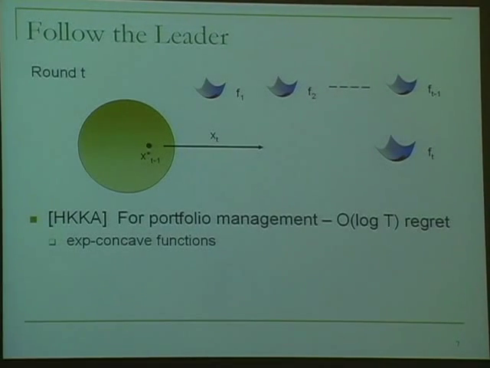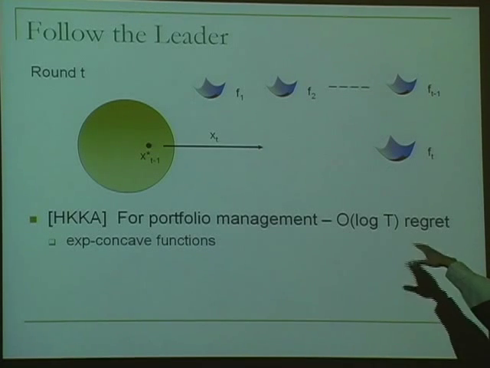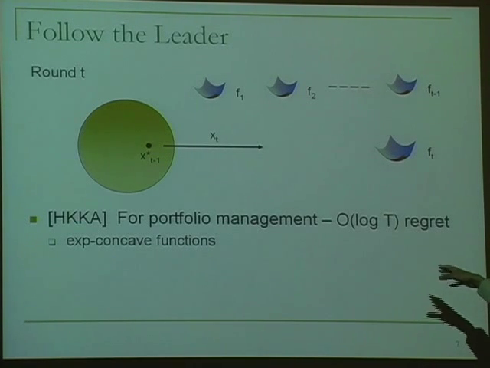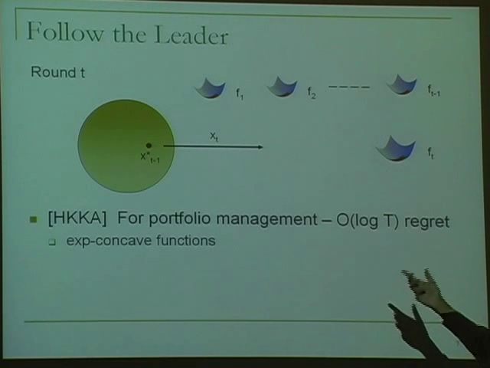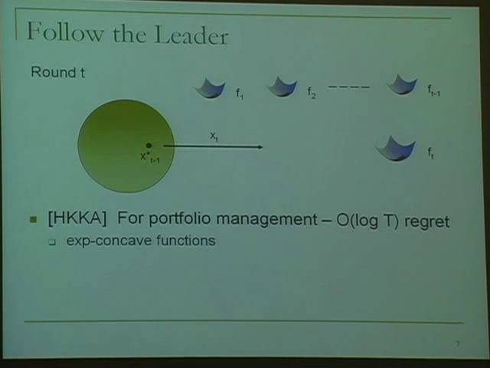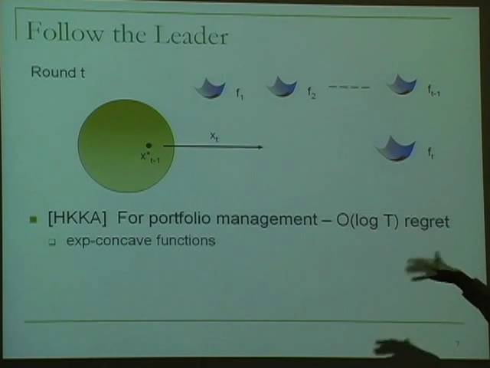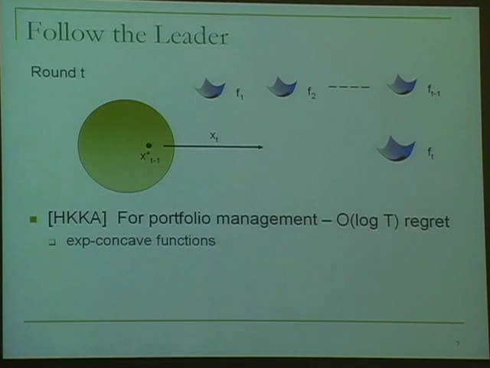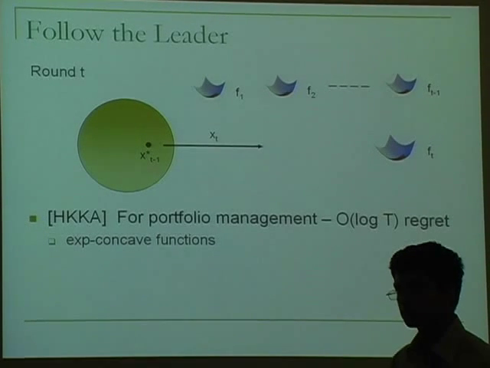And what was shown was for the problem of portfolio management, which I'll define in more rigor later, but it's some kind of modeling of the stock market. For a certain class of loss functions, you can get log T regret. This is extremely rapid convergence, because the per-round convergence is basically log T divided by T. So this is extremely rapid convergence to the optimum. However, it wouldn't do as well in an adversarial setting